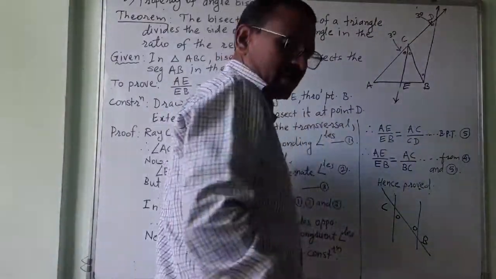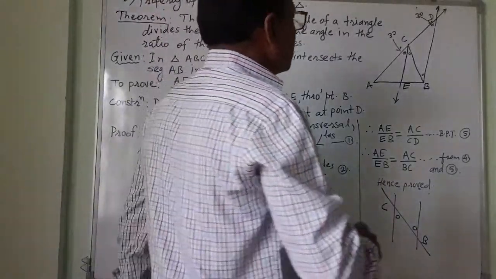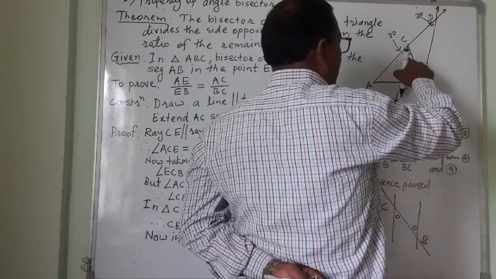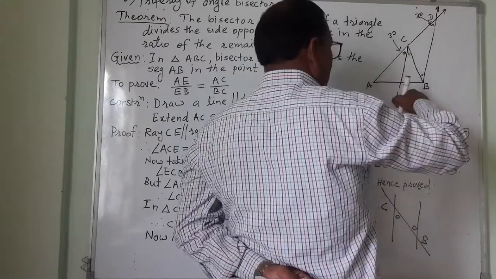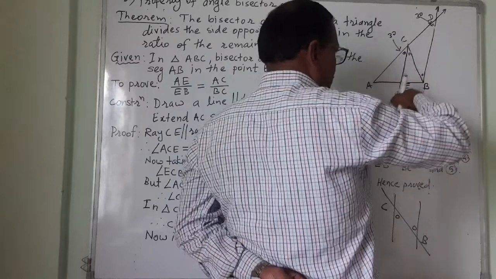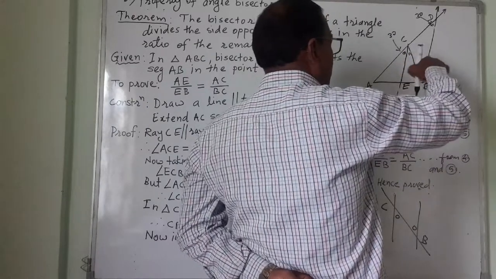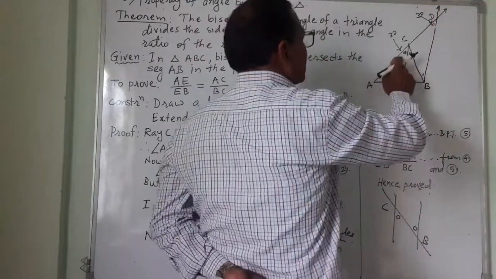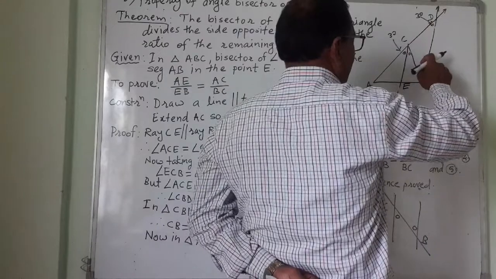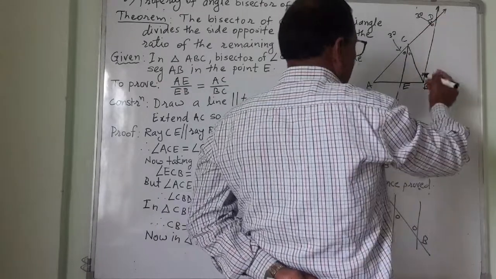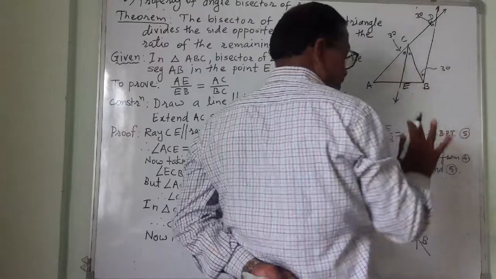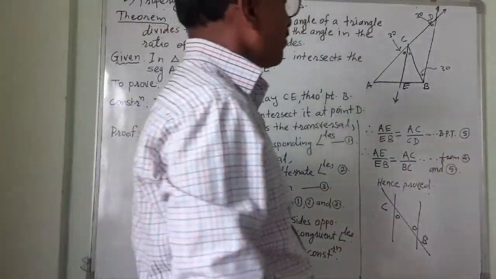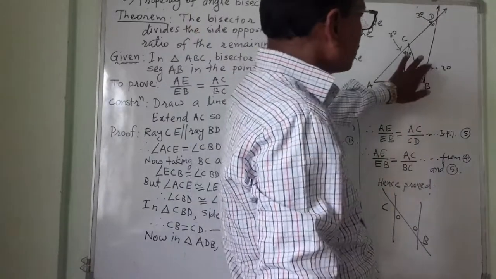So from this what I have understood is, if this is 30, this is 30, I have proved. This is 30, this is 30 because they are same due to this angle bisector. Now this is 30, this is 30 due to the alternate angles. That means this angle is equal to this, and this angle would be equal to this. So this is also 30 now. This is only for the example. In the examination you will not write like this. For the explanation purpose I am telling you. Now this is also 30, this is also 30.